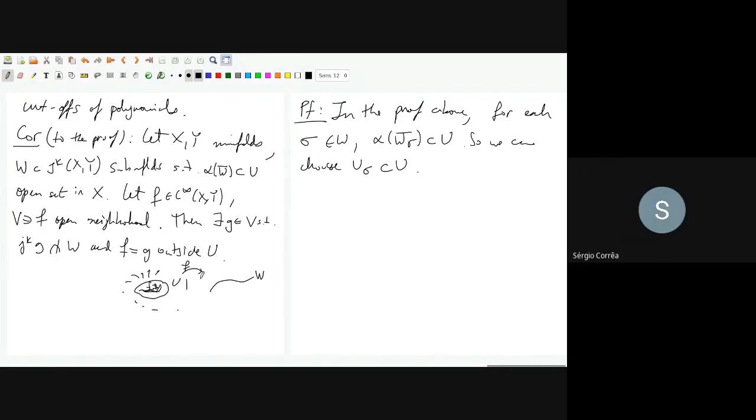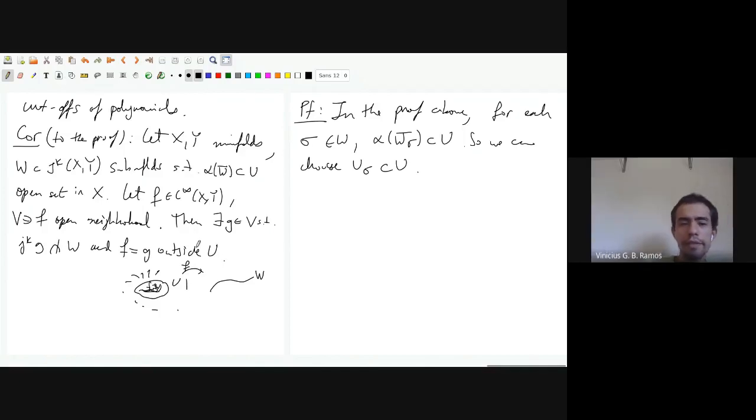Okay, let me explain this again. So another way of understanding this corollary is, let's say you have a submanifold, and I'm just doing the picture for the case k equals 0, so you understand what's going on, but it's true for any k. If you take a submanifold in the target and you take the pre-image of the submanifold,